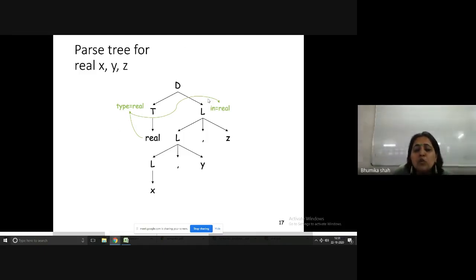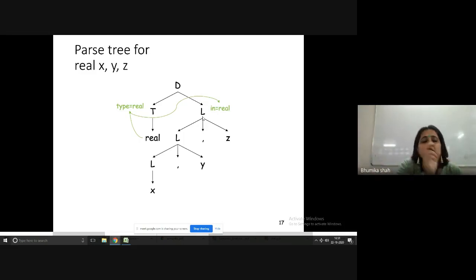Now, the rule which we have used over here is L derives L comma ID. L derives L comma ID means what we are doing over here in this rule, the list is being expanded. So what will be data type of this right hand side L or ID which we have written as Z? Whatever is the data type of the entire list is going to be data type of each and every variable which you have in the list.